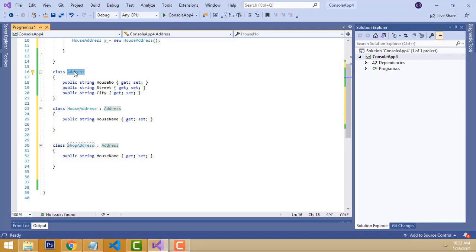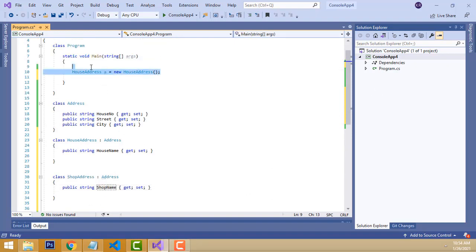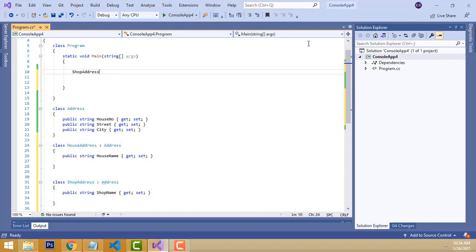The address class has these properties, so here I am going to change house name to shop name. Now let's look at the output. The same thing, ShopAddress. For this class I have created the object, equal to new ShopAddress.